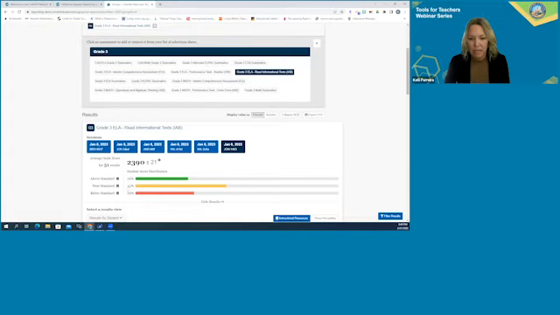So instead of leaving it as a percentage, I'm going to toggle to display value as a number, because once it's viewed as a number, this will help our teachers to see how many students are performing in each of the various performance bands. So as you can see in this example, there are 13 students who performed above standard, 23 students who performed near standard, and 15 students who performed below standard.